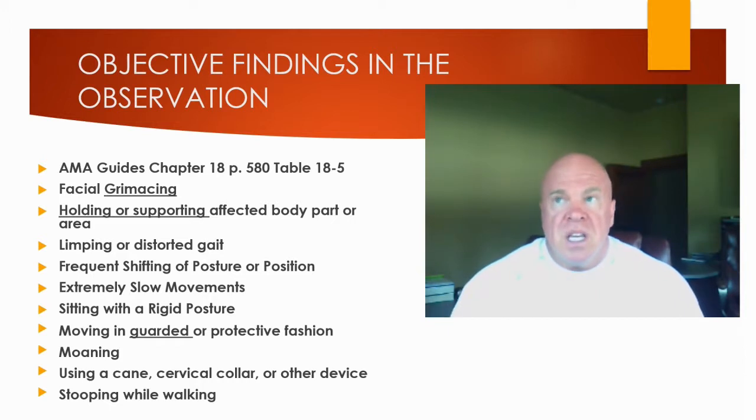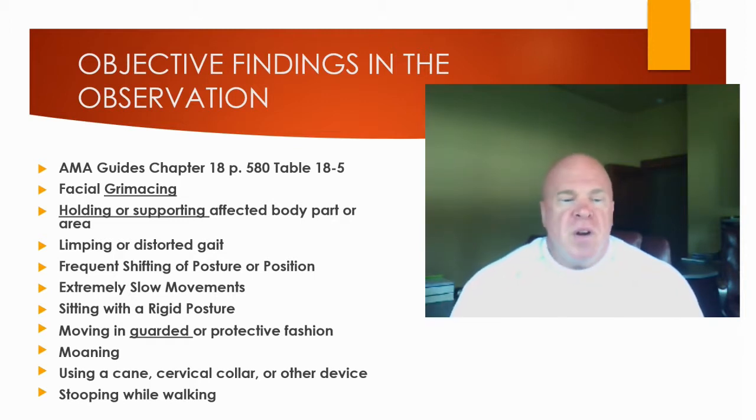as the examinee employs some evasive action to get away from the pain. It's interesting, a limp, an antalgic limp, is nothing more than an evasive action away from the pain. So I can tell where Andy Murray's pain is. His pain is to be found in hip extension. He limps to avoid and evade hip extension. So limping and distorted gait should be consistent with the examinee's spinal or lower extremity injury.